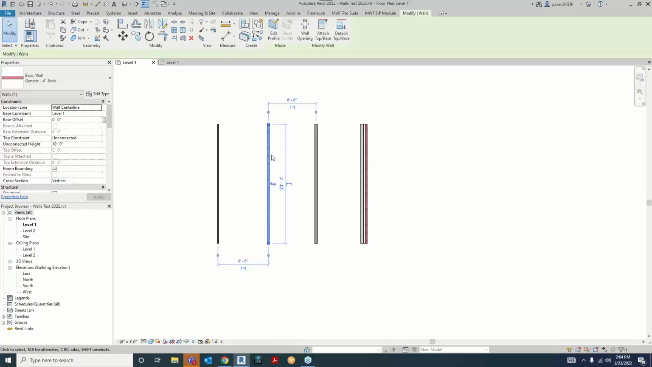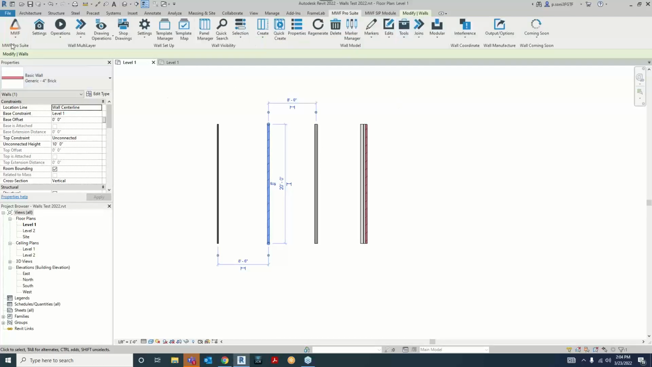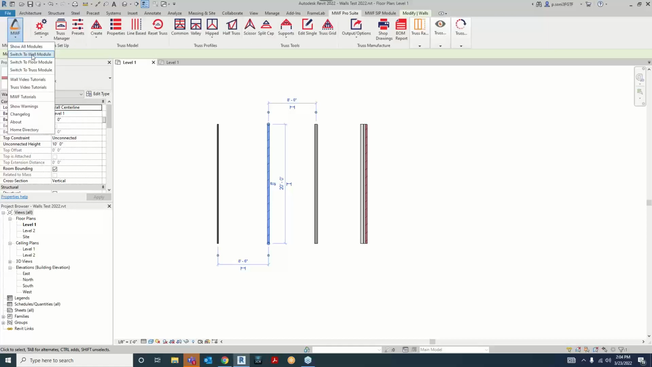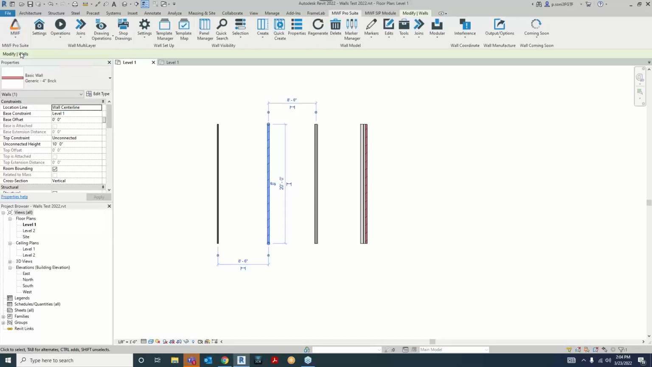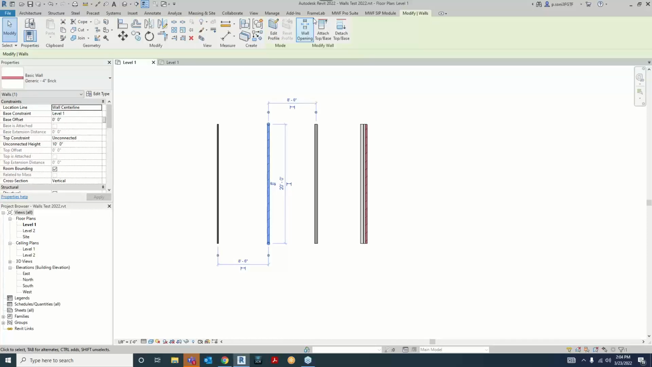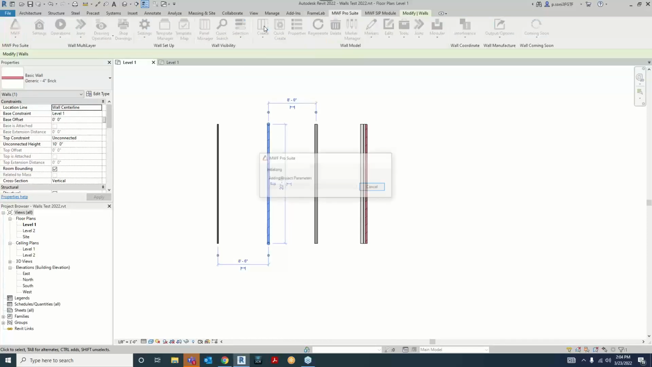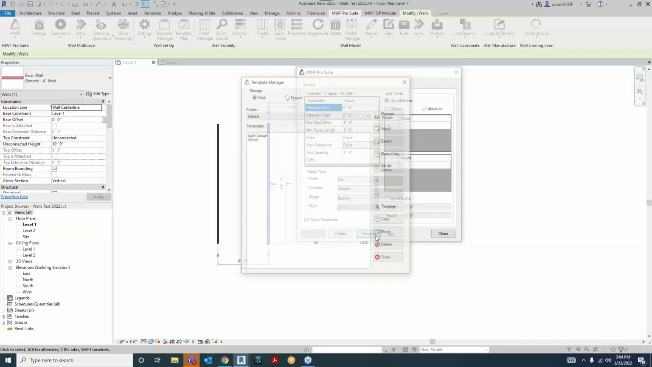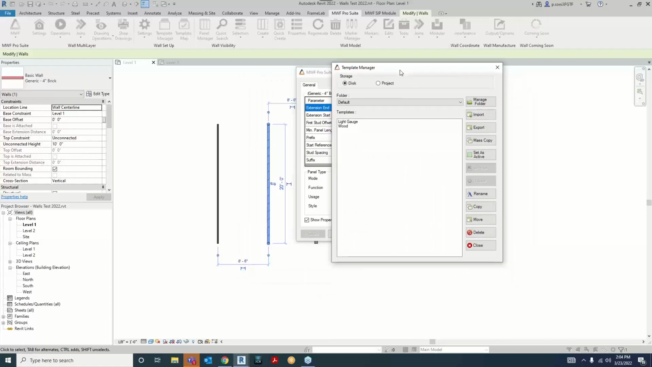So let's start with selecting our generic 4-inch brick wall. As you can see, this is our wall module in MWF. You get 3 modules, which is wall, floor, and truss. Floor is green and truss is red, so it's easy to identify which one you are working on. So let's jump back to the wall module and select the wall, as I mentioned, and we can just hit create. A dialog box will pop up, and we need to select template,